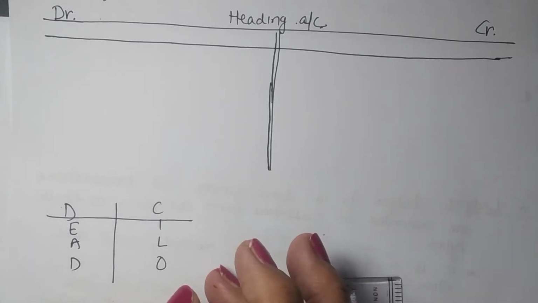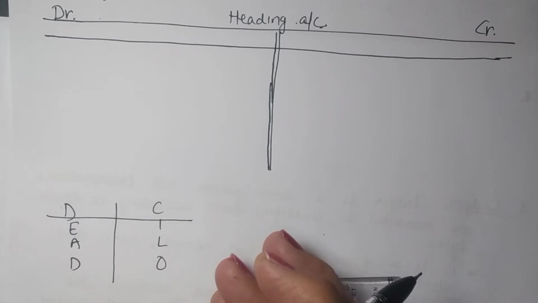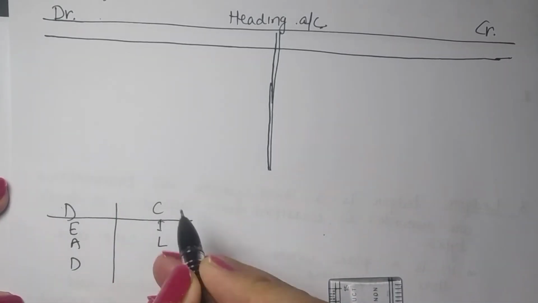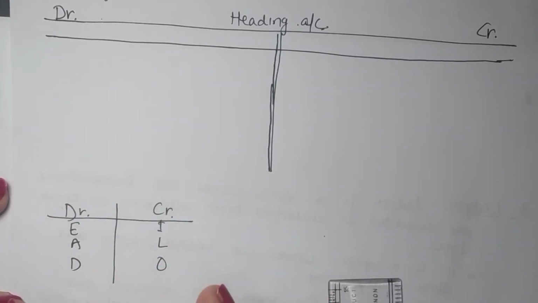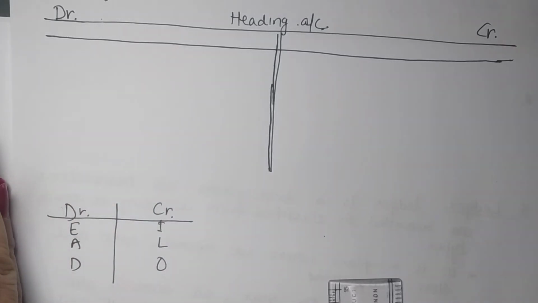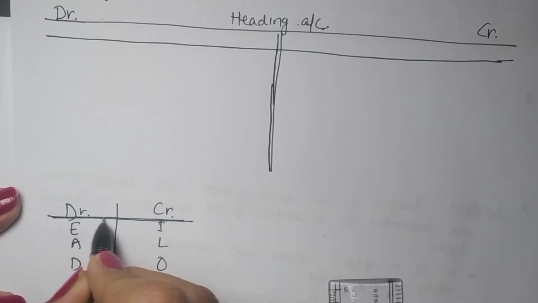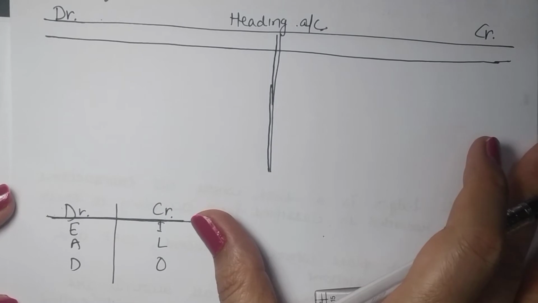I don't know how you will remember this, but if we use it over and over again, this phrase will be remembered, right? So what it implies is D is for debit, C is for credit. So this is for account making. So your left side will always be debit, the right side of an account will always be credit. This is how it is in the account also.